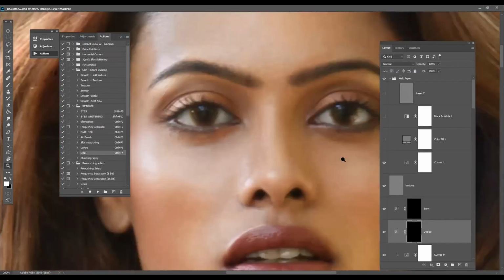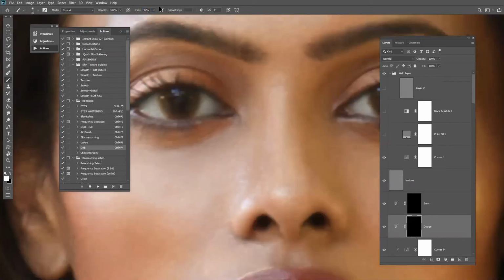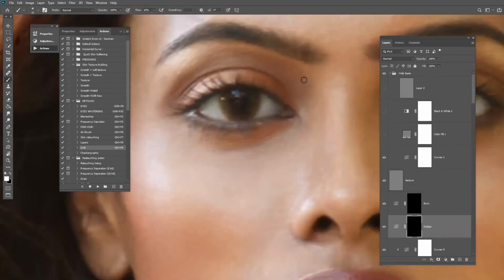So let's go to the dodge layer. Go to the brush. Instead of 100, we can put around 5 to 10. Let's put it 10 and brush and highlight the areas we want in the eyes.